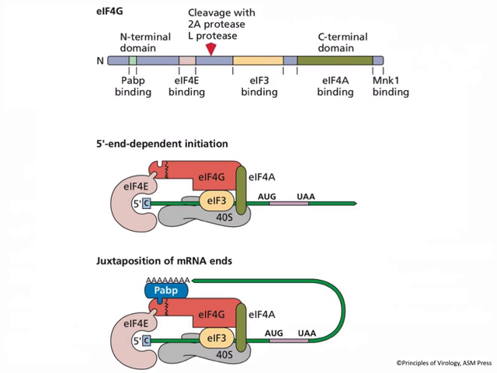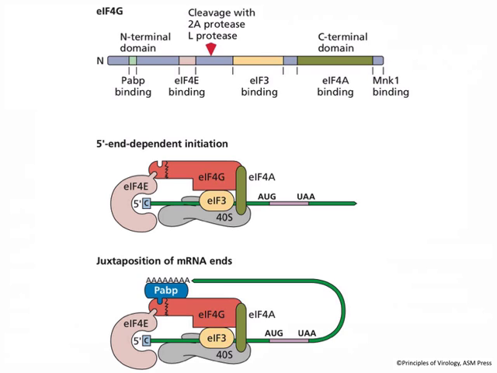And that protein is a scaffold because it binds EIF4E, which is the cap-binding protein, and it binds EIF3, which in turn binds the 40S subunit. And you can see the binding sites for all of these proteins on this linear diagram at the top. There's the EIF4E binding site, EIF3. There's a binding site for EIF4A, which is the helicase, again, that unwinds the RNA, and a few other sites, which we don't have to worry about at the moment. One that's important, though, is this poly-A binding protein binding site, which is this little groove here at the end terminus of the protein. We'll talk about that in a moment.